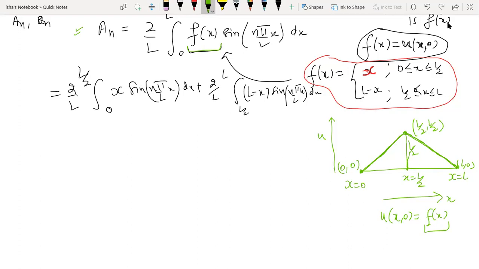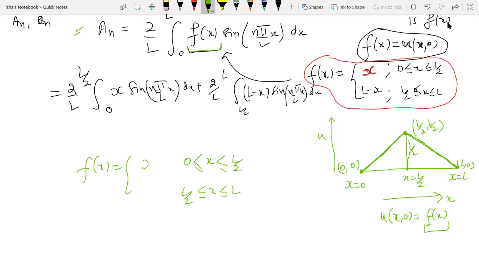So clearly it's a straight line from 0 to L by 2. So f(x), which needs to be defined from 0 to L, is actually now being divided into two domains. 0 to L by 2, it is a different line. From L by 2 to L, it is a different line. From 0 to L by 2, it's a straight line. So what is the equation of this straight line? How to find the equation of a straight line, I've explained to you. You know the coordinates of these endpoints, and you can find the equation of this line using the two-point form. And otherwise it's easy to see. It's L by 2, L by 2, whatever is the value of L, it's going to be 0 comma 0, 1 comma 1, 2 comma 2.